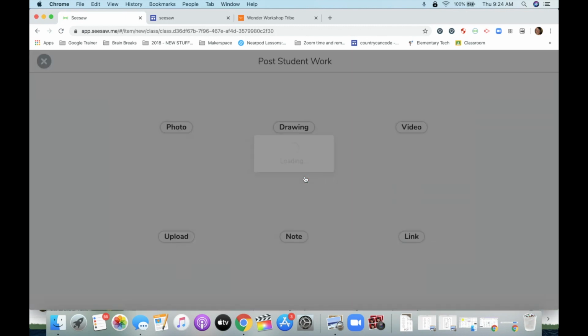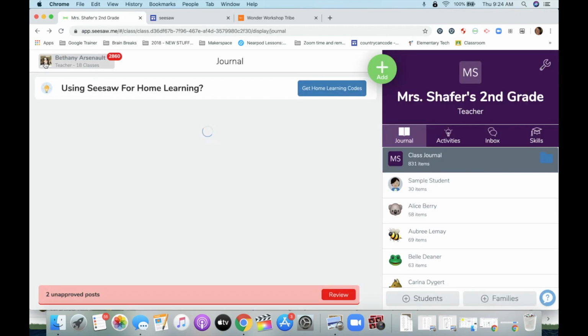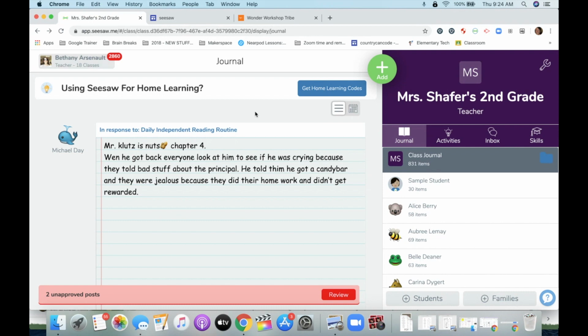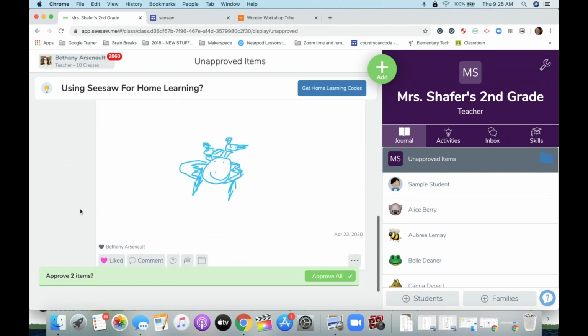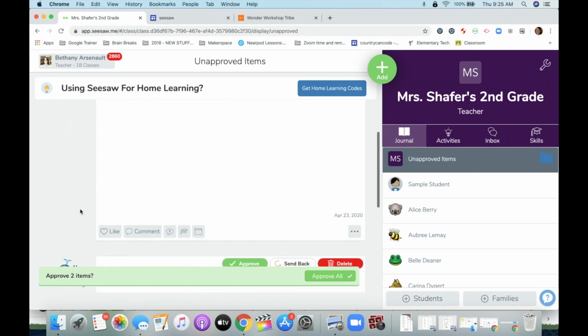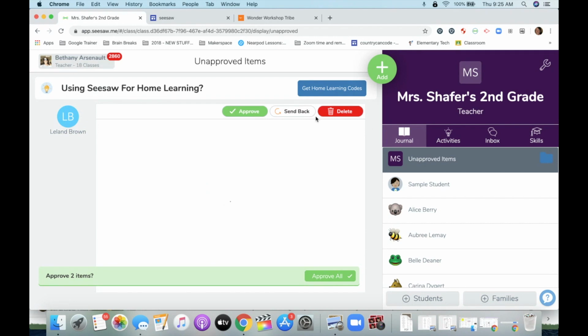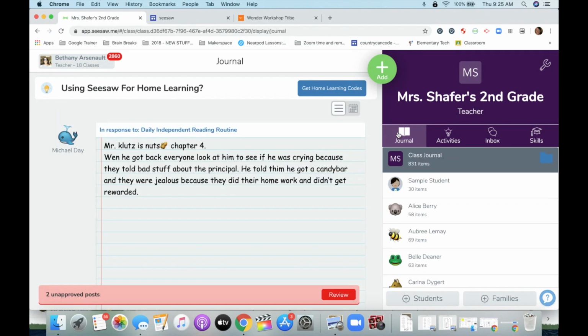I've seen it happen already and it's been no problem. So just be careful not to approve anyone else's posts. You can click the red bar, however, only approve your own posts. The other thing is, another way you can be a good co-teacher is after a few